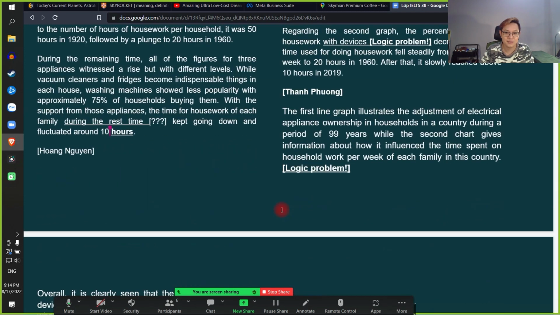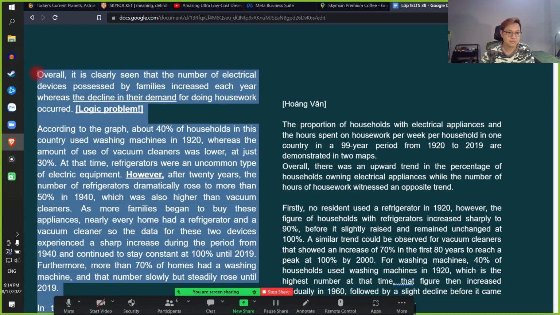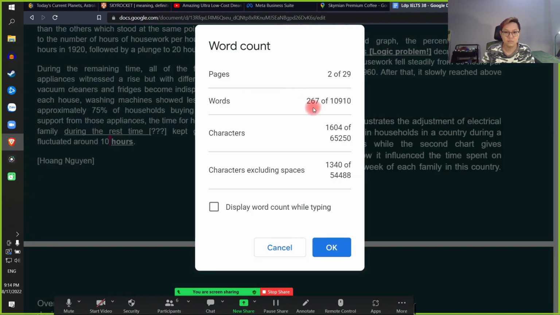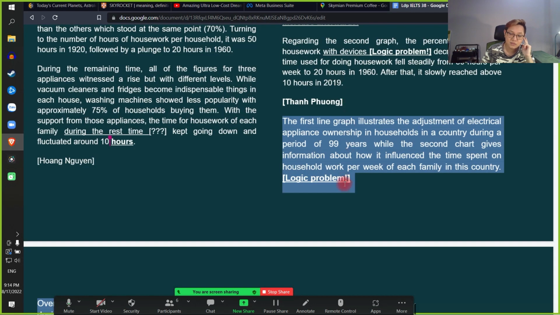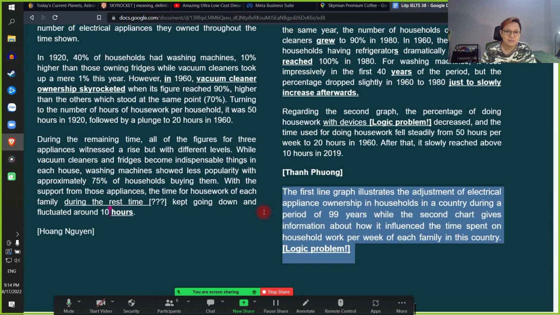Okay, Miss Van, your time now. Wait, how many words is this? In the exam there's no time, and this is already 267 words. Remember, in the exam time, it's difficult to write more than 200 for test 1. Should try to squeeze it down to less than 200 words, because I see it's too long.